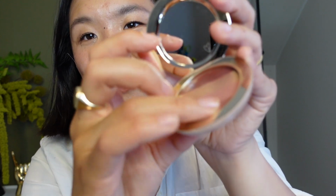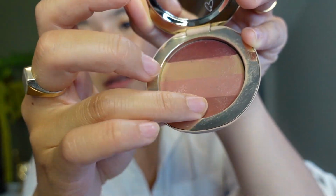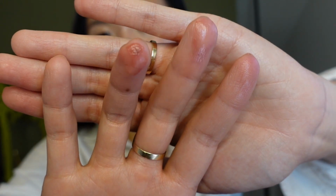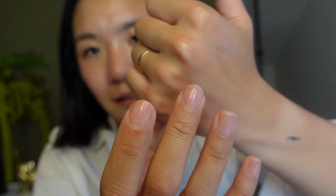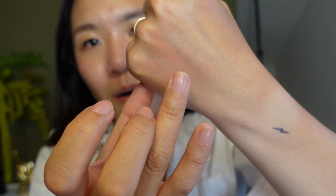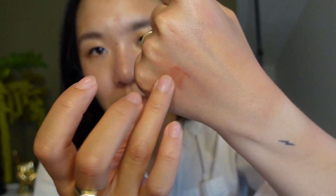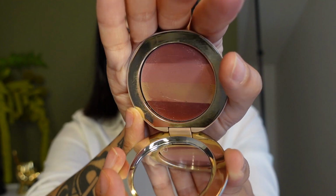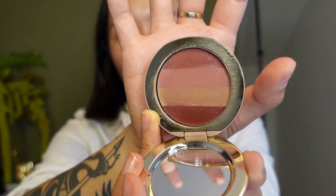So again, let's see if we can replicate that. This is the first shade, the Dusty Rose, and then I'm picking up with my middle finger this Peony shade. Dusty Rose, Peony. Again, it really depends on your own lip tone. So Dusty Rose here and Peony. Peony is going to give you actually quite a cool-toned look. It looks a